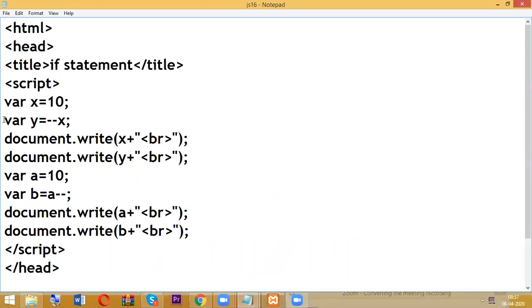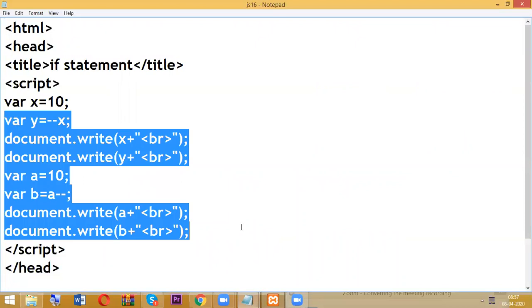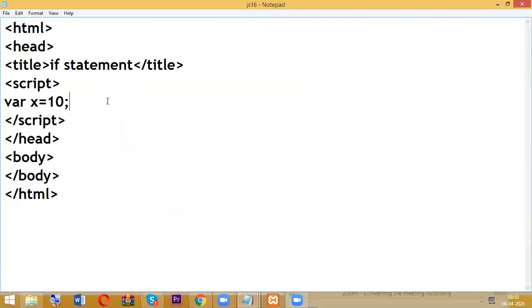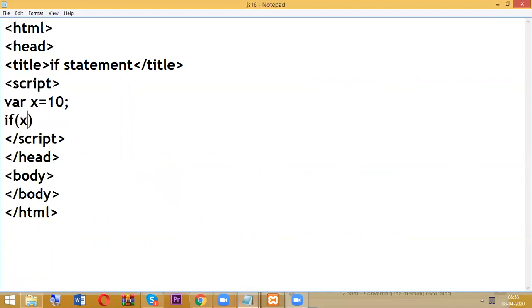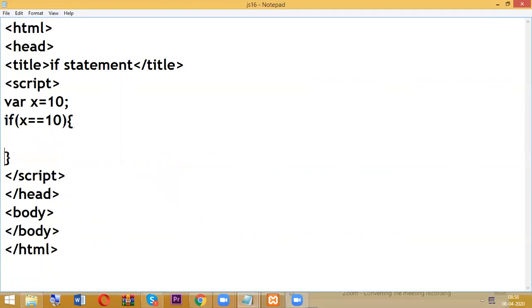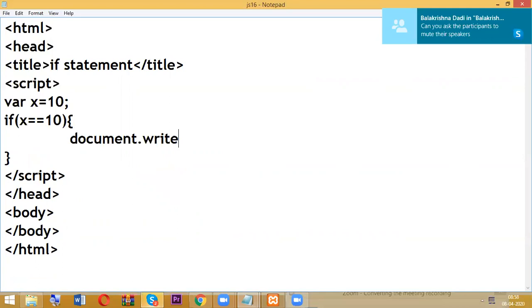Here variable x equal to 10. Now I am writing the condition: if x double equal to 10. So this is 10, here also 10, and we are using double equal to. Whatever it may be, now the result is what? True. So now we can expect the output.